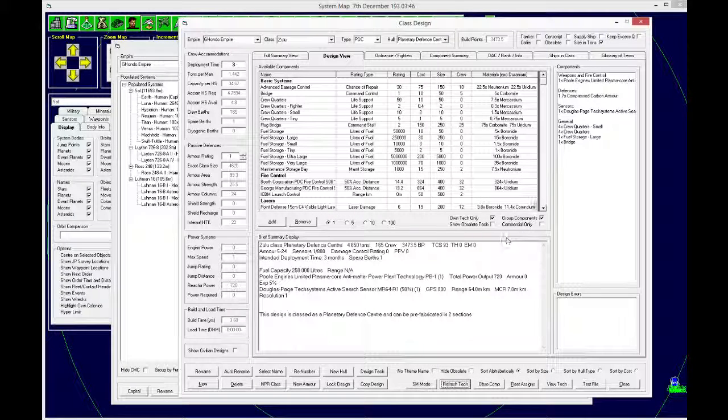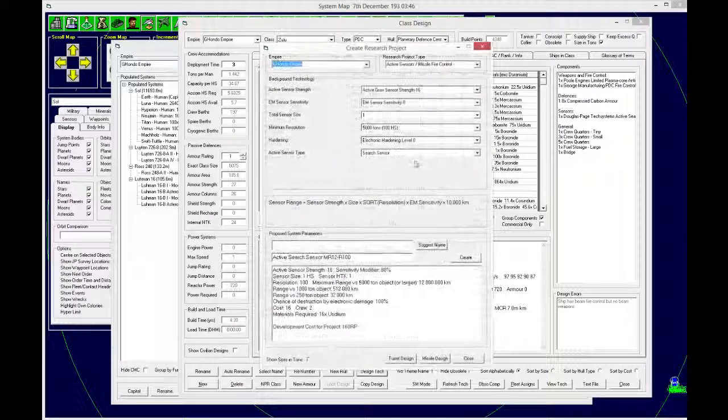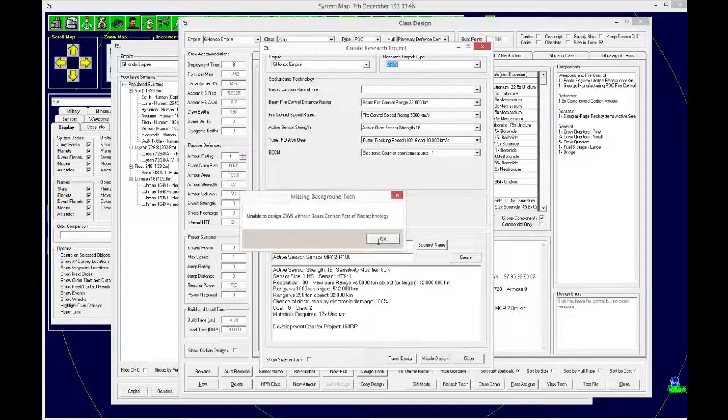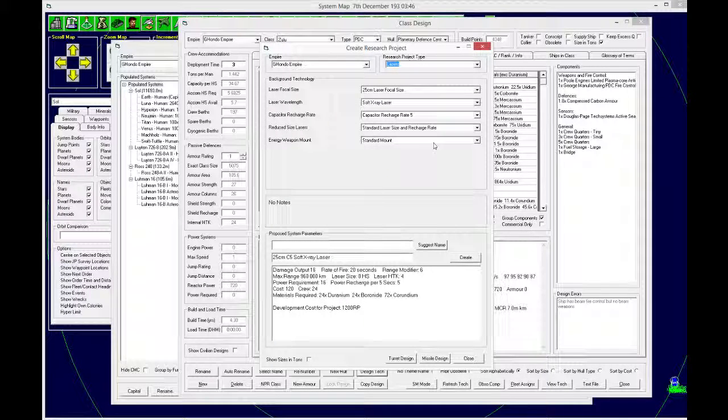Alright, refresh, and somewhere here will be, there it is. Okay, so there's our old one. We can obsolete that and add a shiny new one. Excellent. Right, next on the list. We don't even have Gauss cannons, so we'll ignore that. It doesn't need a cloak. Do I really need EM detection? Probably not. Doesn't need engines. Doesn't need a Gauss cannon. We're not doing microwaves, jump engine, so I guess next is finally get a new laser